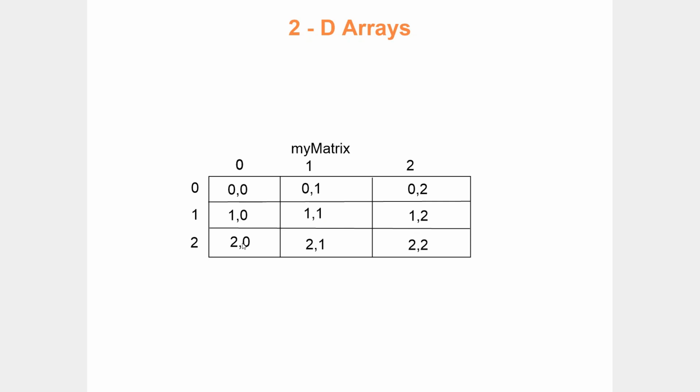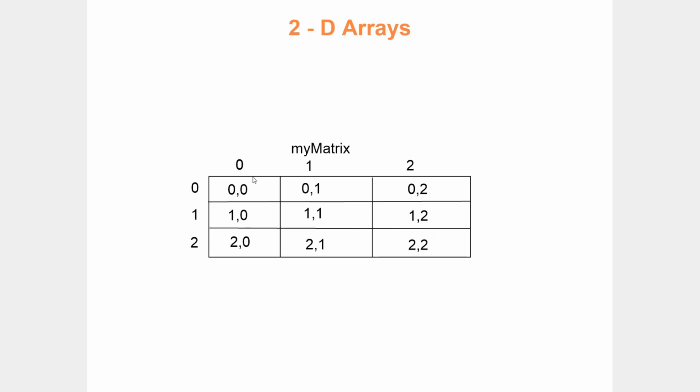Next, go to third row. So third row is available at the second index. So in the third row, if you go to first column, this particular cell is located at second row and first column. So the address is going to be 2, 0. And go to second column of third row. It is located at second row and second column. 2, 1. 2, 2. But this is not the complete address.